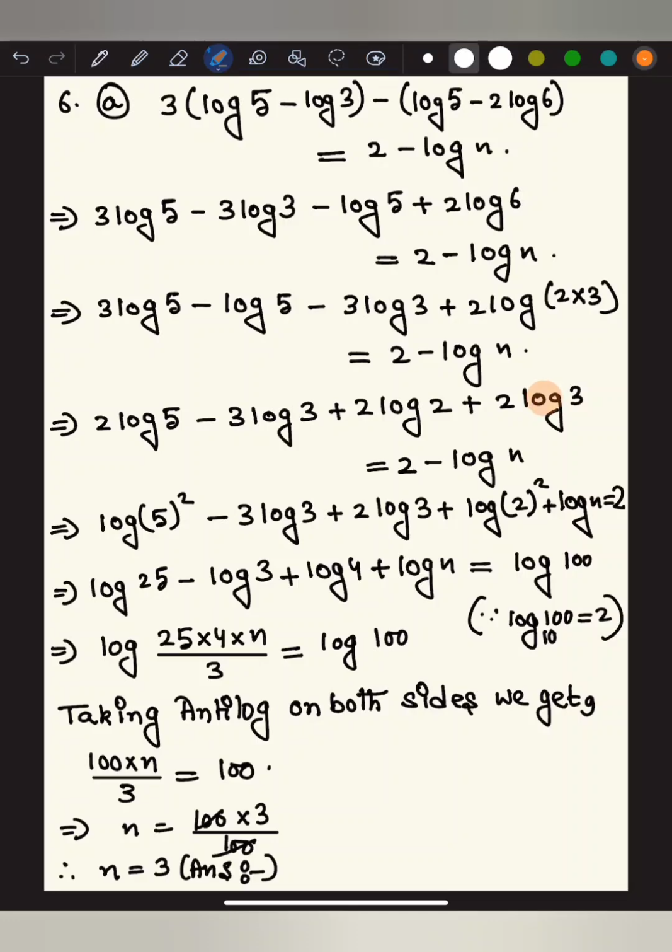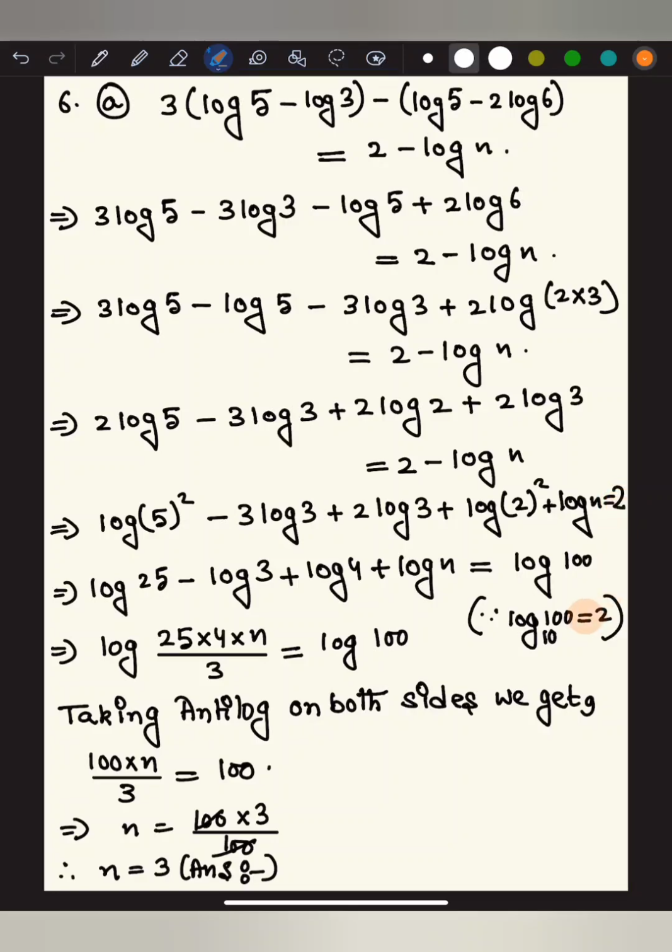Okay, I have taken this 2 log 3 here first. Since this is minus 3 log 3, so here I have written plus 2 log 3, plus this 2 log 2 can be written as log 2 square, plus this minus log n, I have taken it to the left hand side, so it becomes plus log n, which is equals to 2. Which implies log 5 square means log 25 minus 3 log 3 plus 2 log 3, which becomes minus log 3, plus log 2 square means log 4, plus log n, which is equals to,